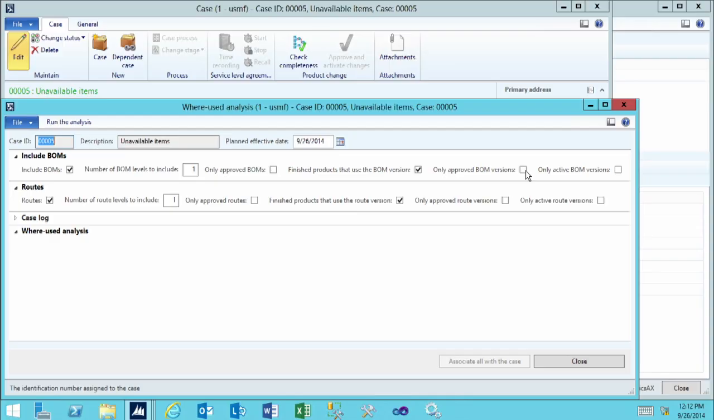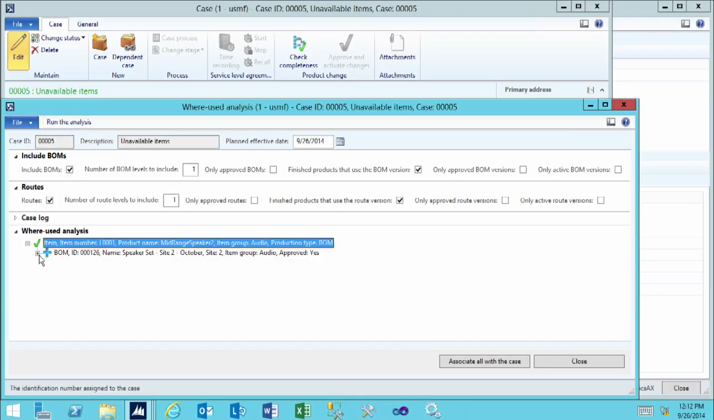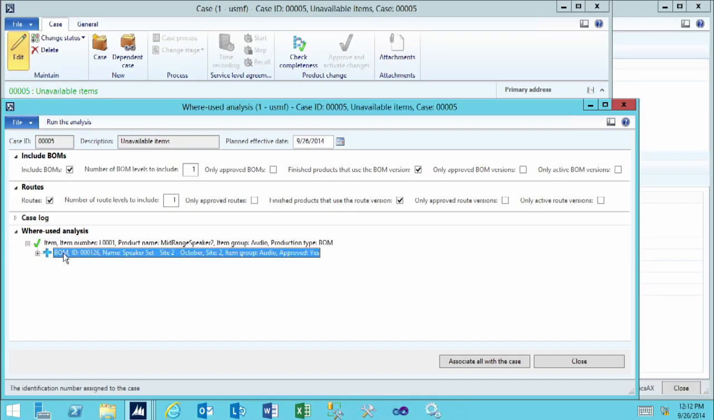You'll notice that there are other checkboxes available. I'm going to go ahead and click the Run the Analysis button. Now you'll notice on the bottom half of the form that we can see all the places where this particular item is being used. If there are multiple BOMs or multiple items that are using this, you can see them